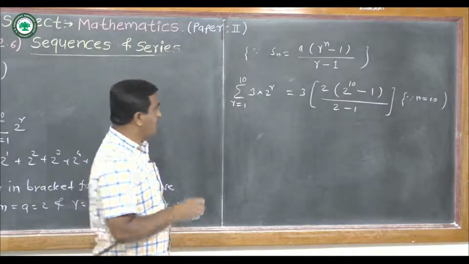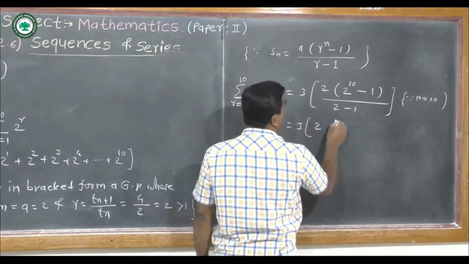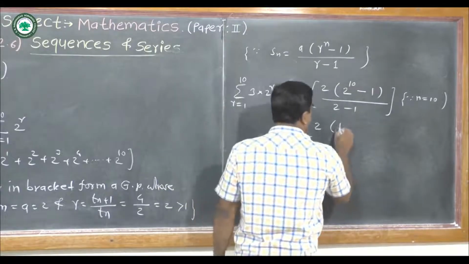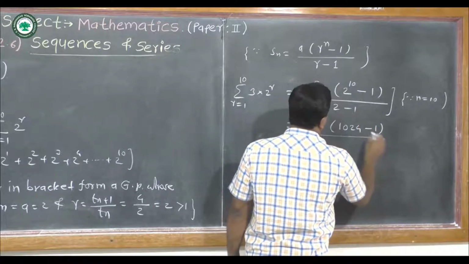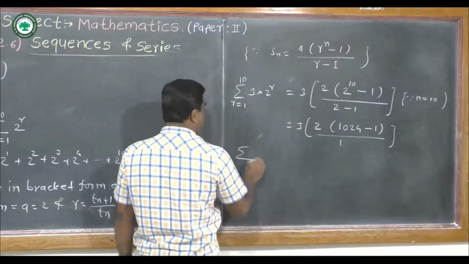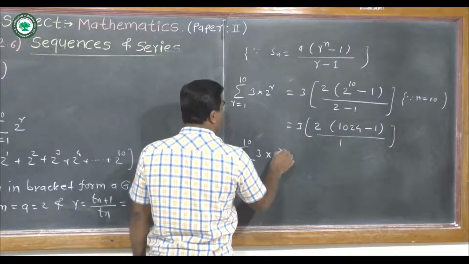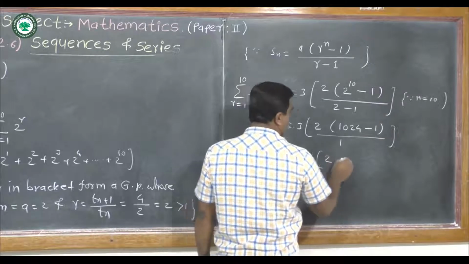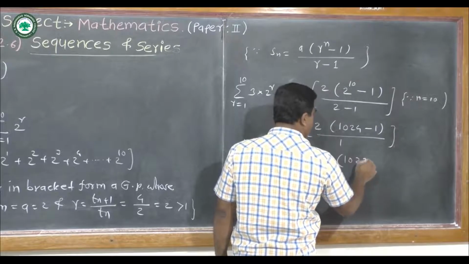Okay, now simplifying this, we can write here 3 into, in bracket, 2 into 2 raised to 10, 2 raised to 10 means 1024, 1024 minus 1 upon 2 minus 1, that is summation R goes from 1 to 10, 3 into 2 raised to R is equal to 3 into, in bracket, 2 into, subtraction of these two terms is 1023,